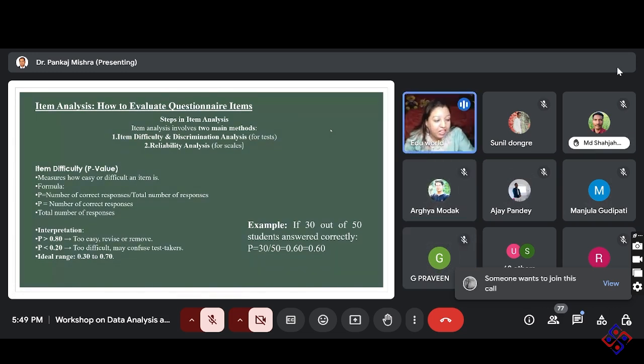Now we are coming to the item analysis part. This is a very important part, because till now whatever we have done is very easy, and in most of the sessions, whether related to seminars or conferences, people are dealing with this thing, like you have to do this. Now we will come to how we will do it.